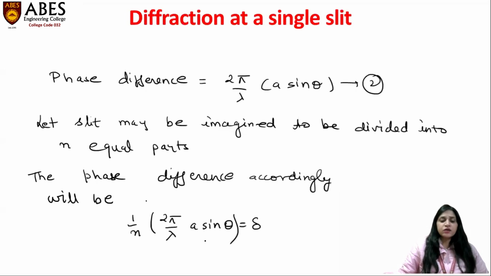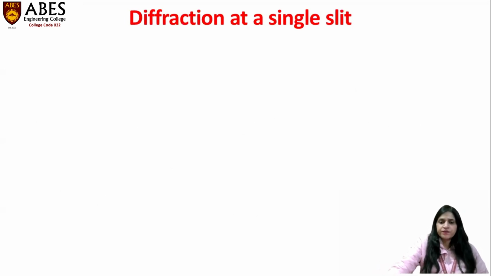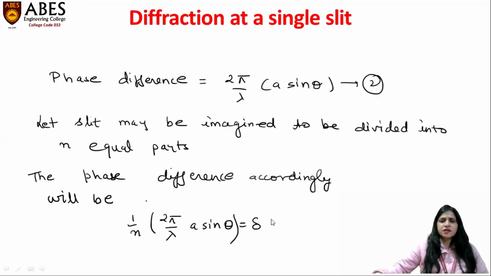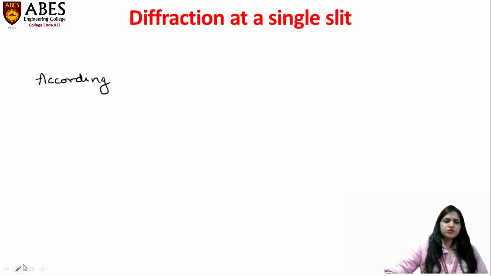Now we are going to calculate the resultant amplitude of the waves. So as I said, we are going to use n simple harmonic motion theory. Just 1 minute, students, let us write down this as equation number 3. Okay. So now we are going to calculate the resultant amplitude of the waves.